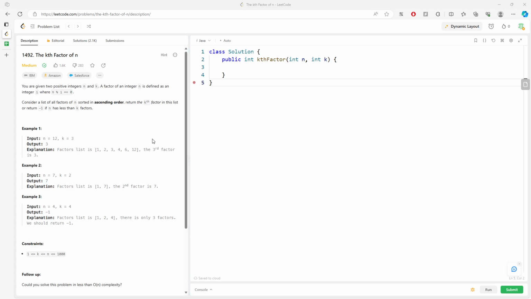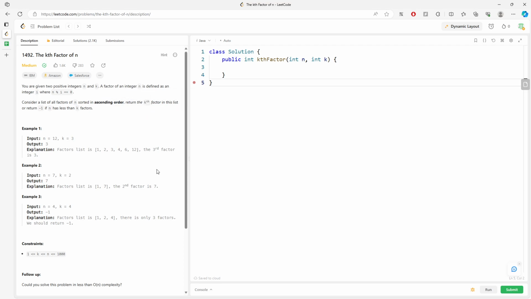Hello, so let's talk about the k factor of n. You're given two integers, one is n, the other one is k. A factor of integer n is defined as integer i where n mod i equals 0. So all of the factors of n sorted in ascending order, return the k-th factor